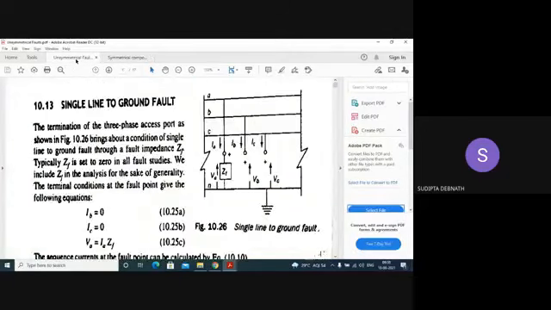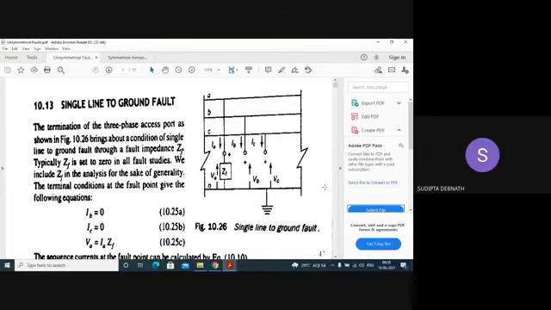Now, symmetrical components are used to treat unbalanced faults, because when unbalanced or asymmetrical faults occur, the system becomes unbalanced. How many asymmetrical faults are there? When a single line is connected to the ground, maybe through a fault impedance ZF, or if it is a solid fault, ZF will be equal to 0, it is called a single line to ground fault. Similarly, two lines can be short circuited to the ground, or two lines short circuited within themselves only. We will take them one by one.